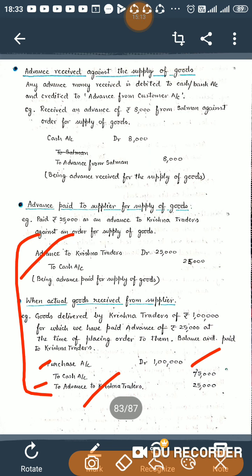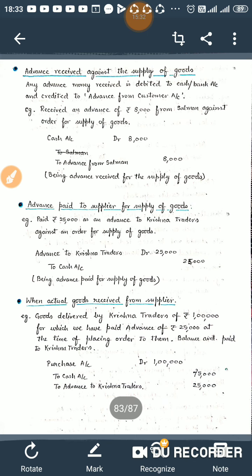Now what is left is purchase account debited with 1 lakh to cash credited with 1 lakh. So cash is credited here 25,000 and here 75,000, and here in the journal above is 25,000. If you sum up, cash becomes 1 lakh, so the actual entry should be purchase account debited to cash 1 lakh. But because the transaction happened on different dates, you will have to follow the chronology.